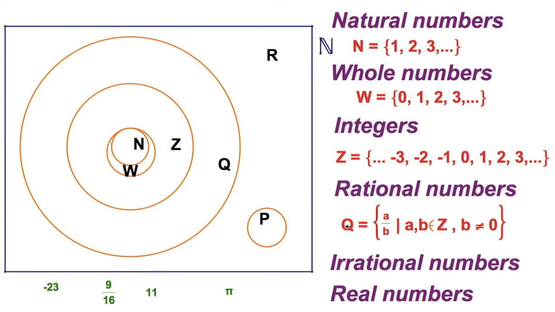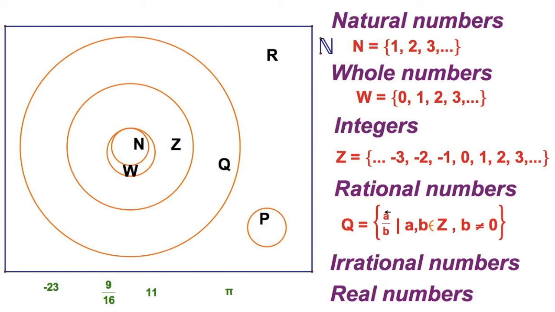Q is the set of rational numbers. And if you're thinking Q, no, it's not a conspiracy theory. Q stands for the word quotient, and quotient is the answer in a division problem. So Q is for quotient, and therefore rational numbers are quotients, or the ratio of